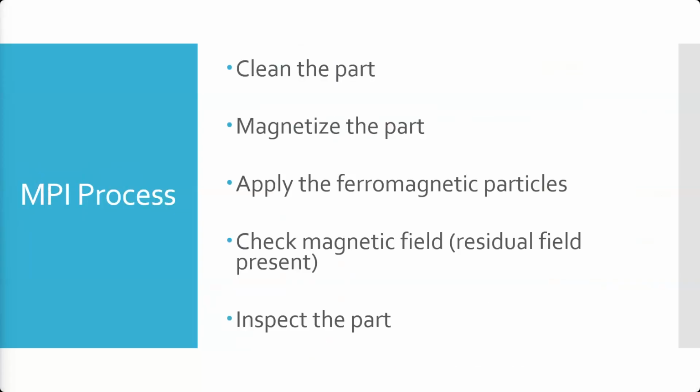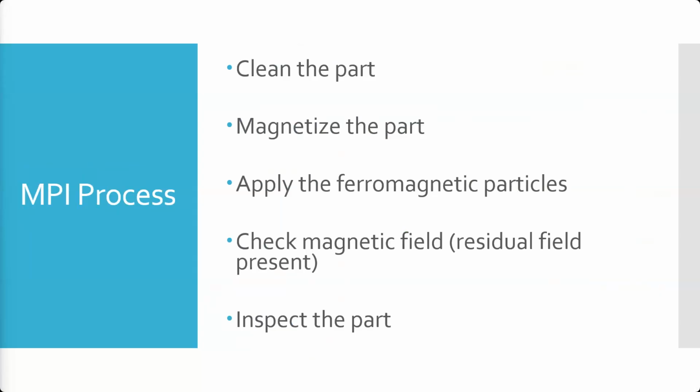So now we're going to look at the process. And today I'll demonstrate the process for the first lab group, tomorrow and Thursday for the rest. Okay. But we have a just general process. The first thing we do is our part needs to be clean, magnetize it. We'll apply particles. We kind of do the magnetizing and the particles at the same time. We're going to do a method called wet continuous, which is the accepted method for aviation. That means we apply the particles in a fluid bath, a carrier solution, while we're putting the magnetic force in